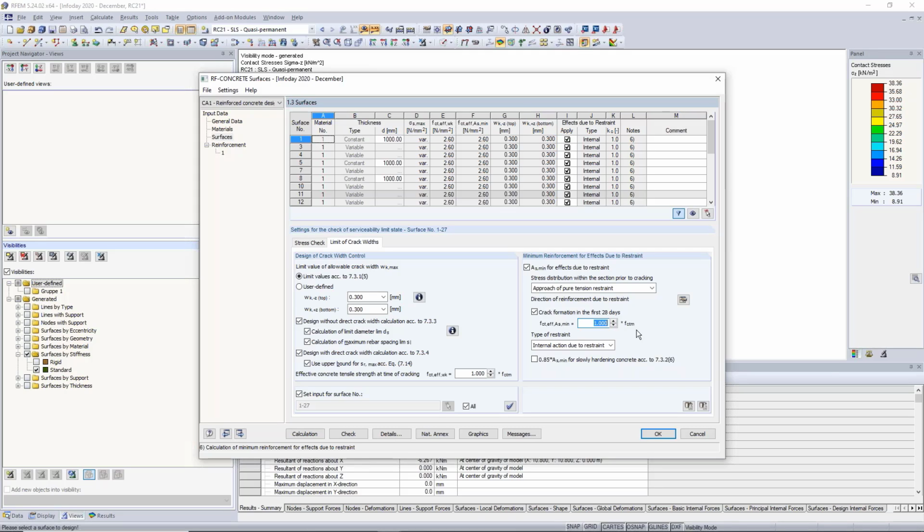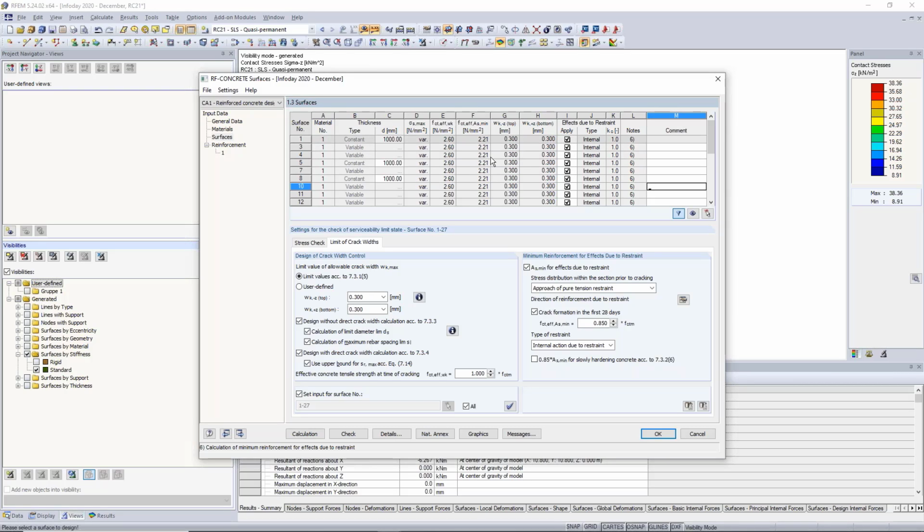So I will assign these factors here for the determination of IS-min to all the surfaces, and this should affect here FCT effective. So in the first step, I will apply 0.85 for all surfaces, and you see now how this FCT effective